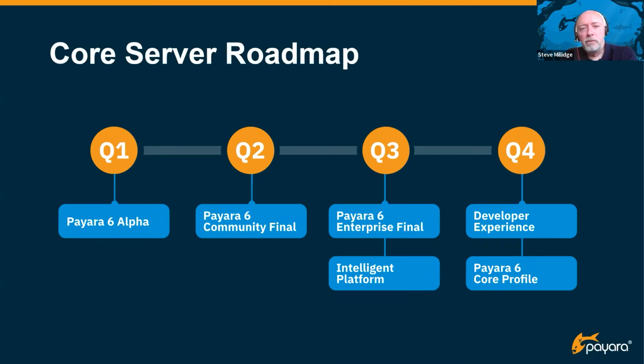We'll also throughout be doing the usual activities: bug fixes, updates, component upgrades. These aren't obviously on the map, but in Q3 we'll be hoping to make significant progress on Intelligent Platform and start unifying the metrics and subsystems and monitoring and alerting subsystems within Payara Platform and deliver that significant capability in Q3.